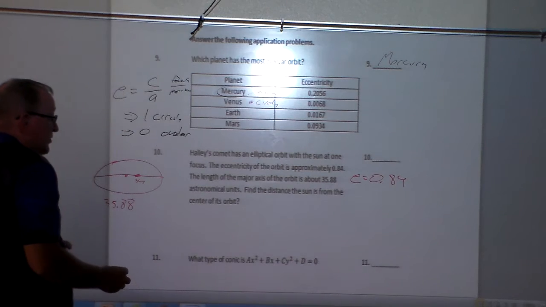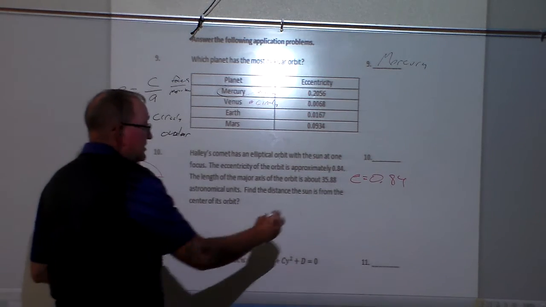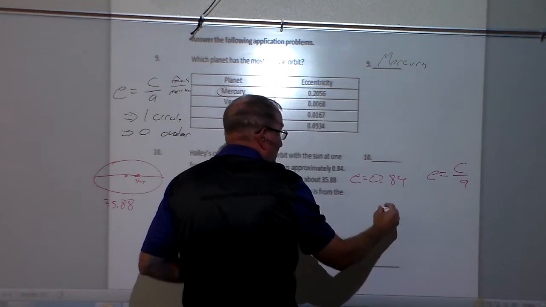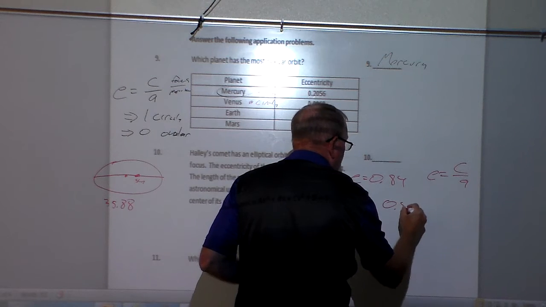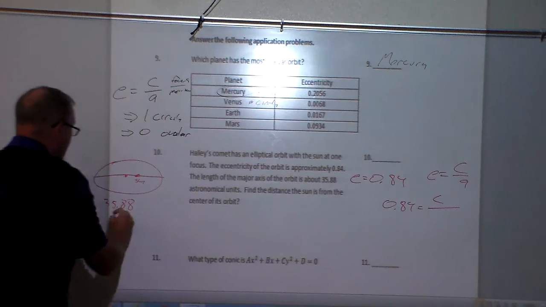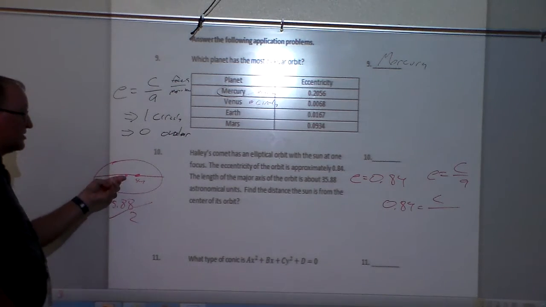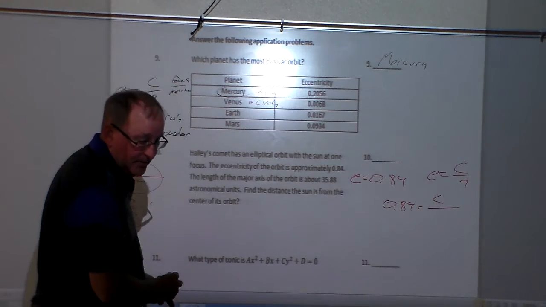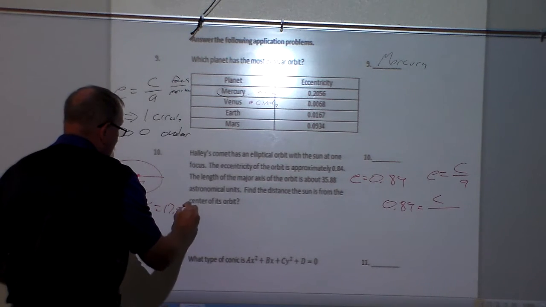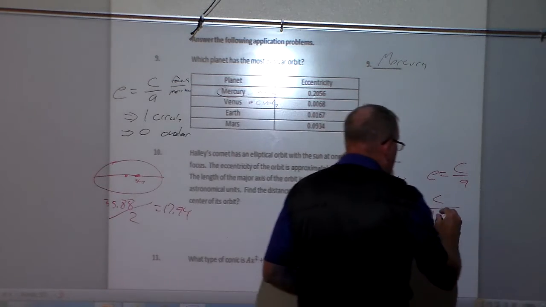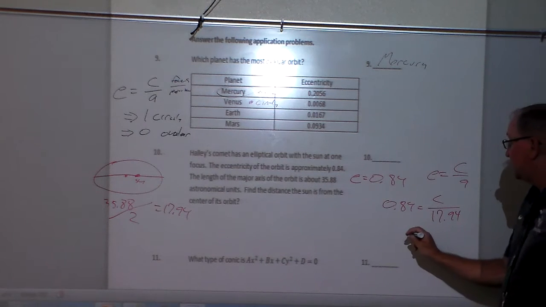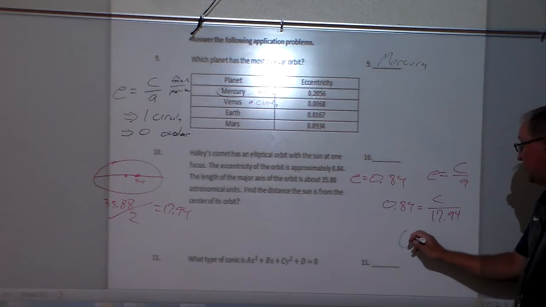Find the distance the sun is from the center of its orbit. Well, basically, e is equal to c divided by a. Well, if e is this 0.84, it's going to equal c divided by a, and a will be half of that, because that's the distance from the center out. Half of 35.88 is 17.94. So if I was to put 17.94 here, all I would have to do to solve is multiply both sides by 17.94. So c would equal